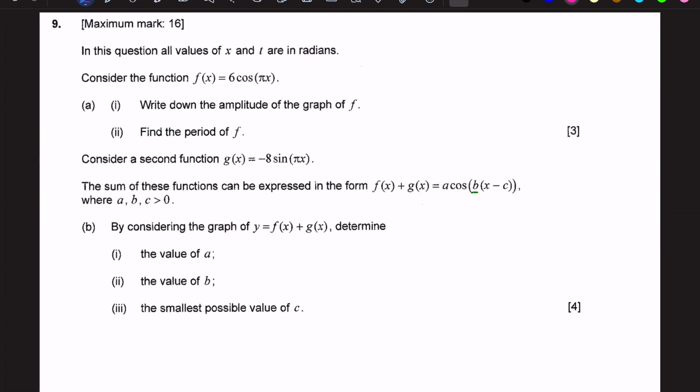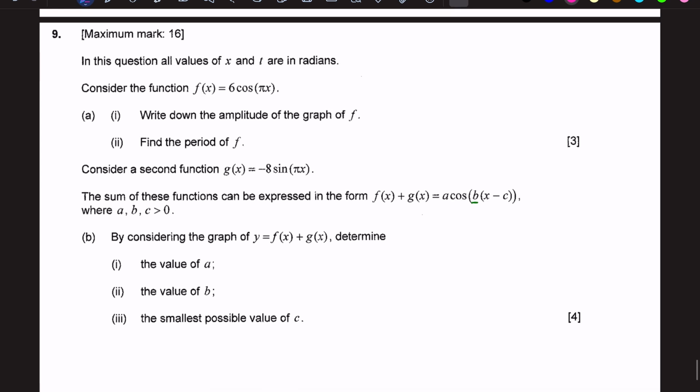Now coming to the last question. So here f(x) is given as 6 cos pi x. We have to first find the amplitude of f and the period of f. Amplitude is basically the number which is multiplied in front of the trigonometric function. So amplitude in this case will be 6. Now period, we can find by this formula 2 pi over b, where b is the number which is multiplied to x. So in our case b is pi, so 2 pi over pi, so period is basically 2